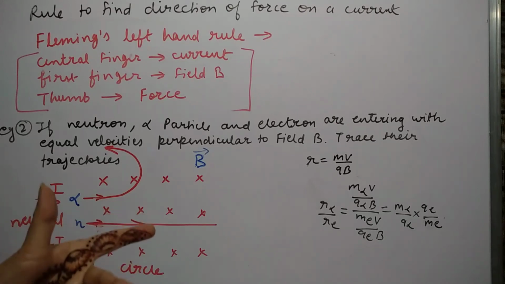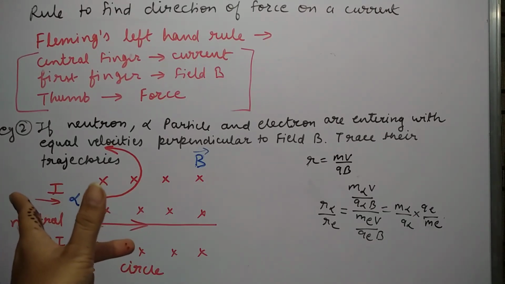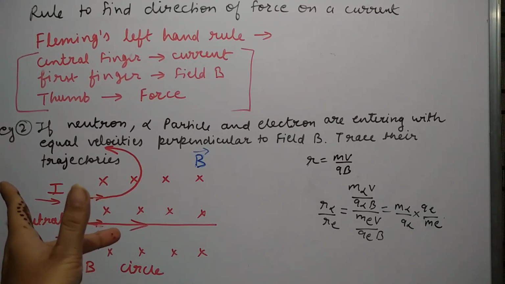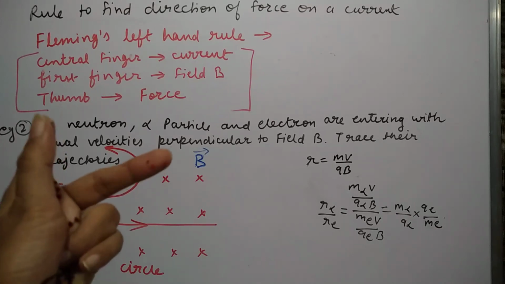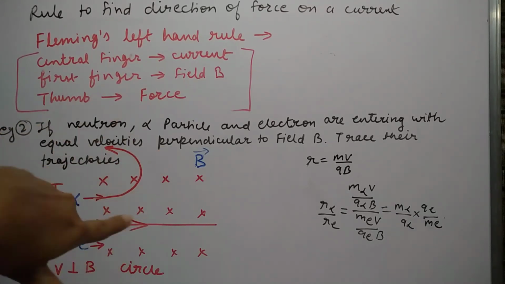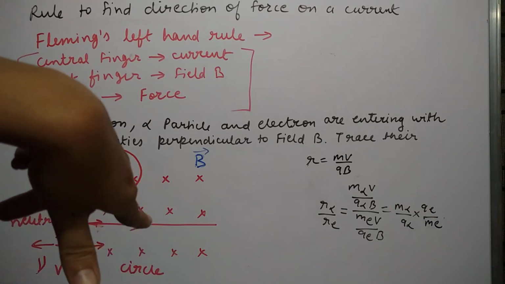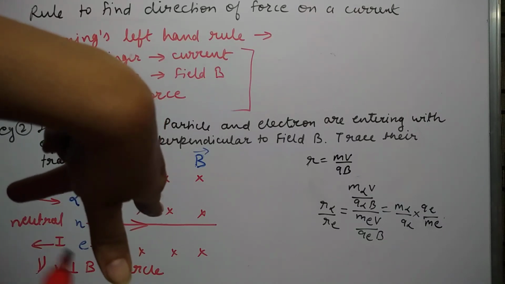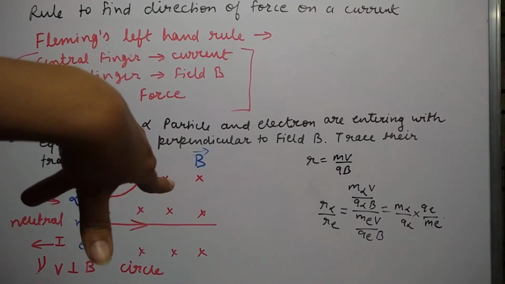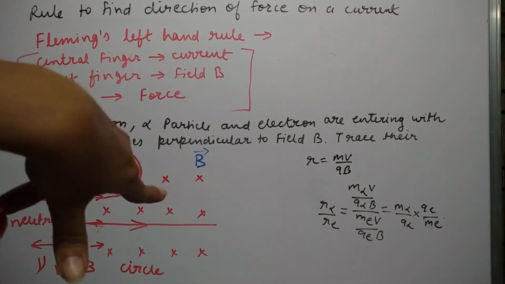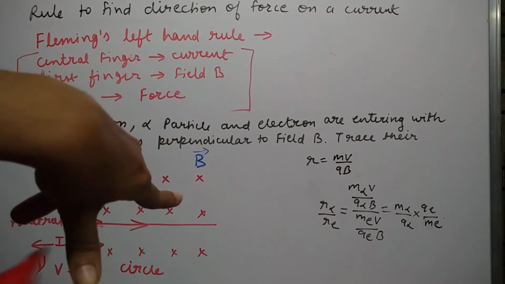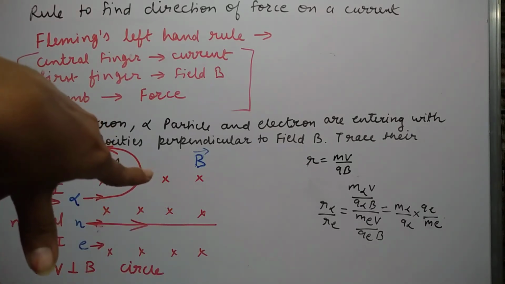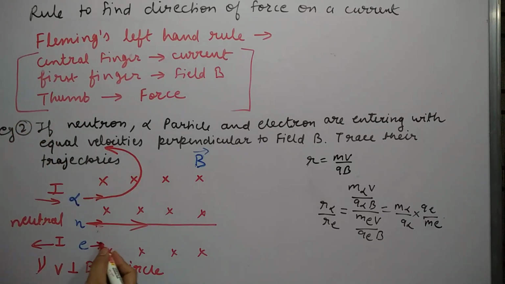Okay, so when using your left hand, Fleming's left hand rule, you have to turn this left hand in such a manner that current is now in this direction. That means this central finger is in this direction. So central finger is in the current direction. So this way, force direction: central finger is in the current direction, forefinger is normally inwards to the board, so thumb direction is downwards. That's why the force on the electron is now downwards.